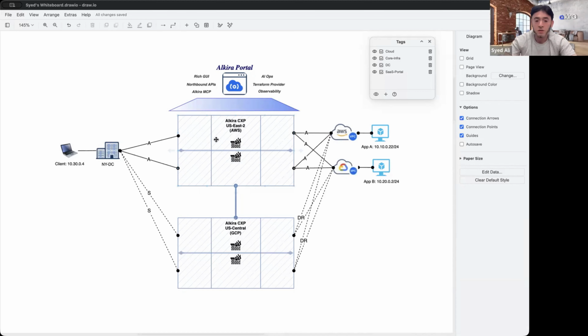So the fact that we're showing here, this CXP is running in AWS, this CXP is running in GCP, to be transparent, but for all intents and purposes, this is considered as Alkira's cloud, right? So from a customer standpoint, they can run it in the same CSP, multiple CSPs, but that flexibility is with the customer as the core part.